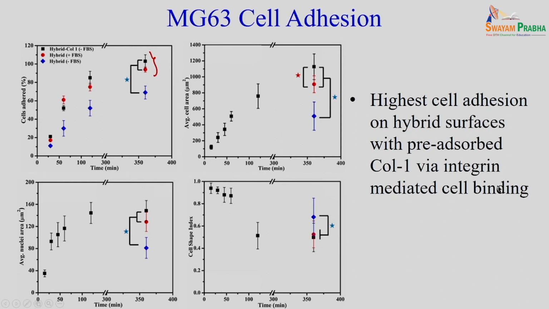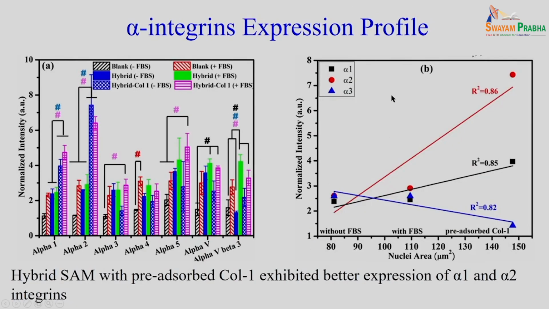So, we analyzed the integrin expression and looked at how it changes. We analyzed three integrins, alpha 1, alpha 2 and alpha 3. If you remember, an integrin is a